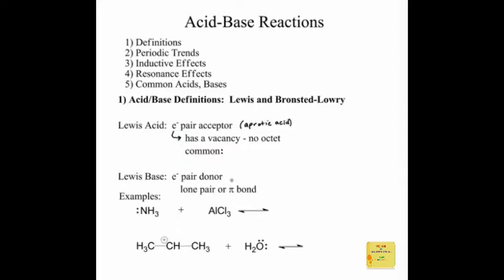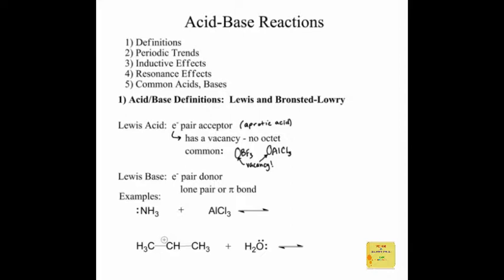And how can something accept a pair of electrons? Well, it's something that will have a vacancy that has no octet. So some common Lewis acids are things like BF3 or AlCl3. These molecules, when you take a look at their detailed Lewis structure, you find that there's a vacancy on this boron. It's missing an octet. Same thing with the aluminum. It has only 3 bonds, and we know that atoms want to have a filled octet, and they would readily